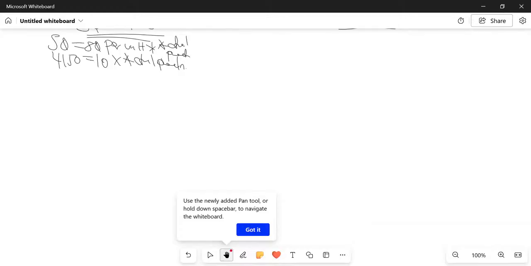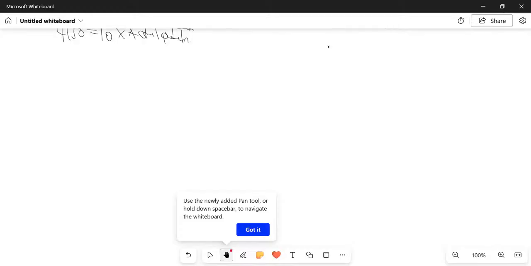Now, ladies and gentlemen, let's go to the next question. The next question there, what do they want us to do? Actual price of materials per unit. Is that something that you guys can get very easily? Don't read the question forever. Because, ladies and gentlemen, I know one thing. I know that actual material